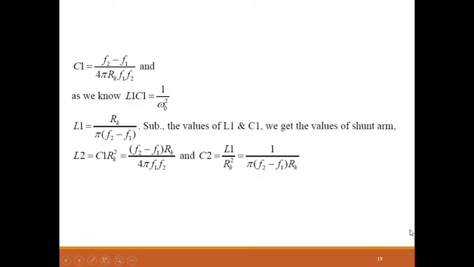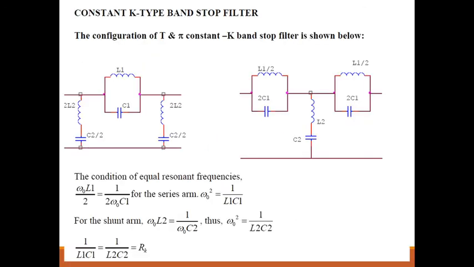So up to this, that is the constant K filter for the band pass filter, and the constant K type for the band stop filters. Here also the same, but it should be just the opposite of the band pass filter. The configuration of T and pi networks we are considering here is also the same model, and the conditions of equal